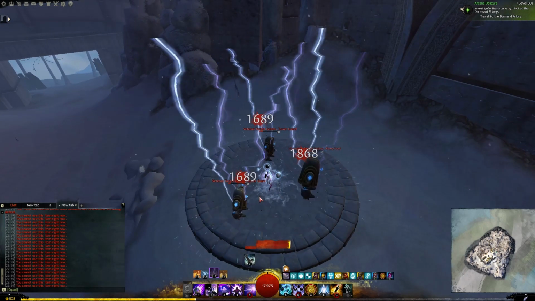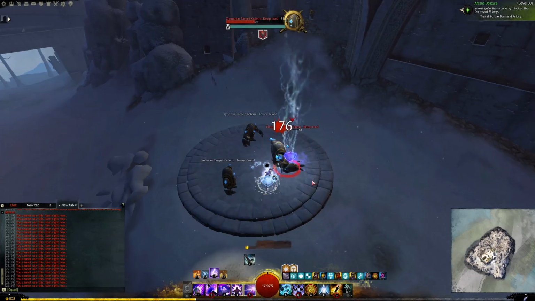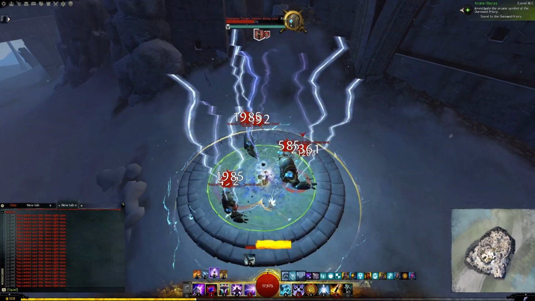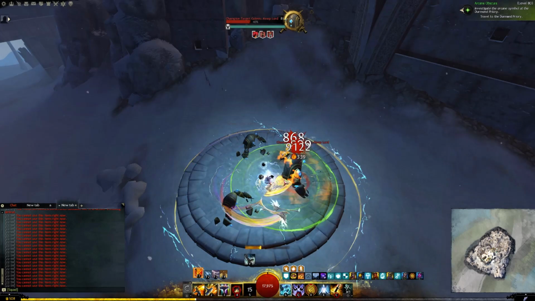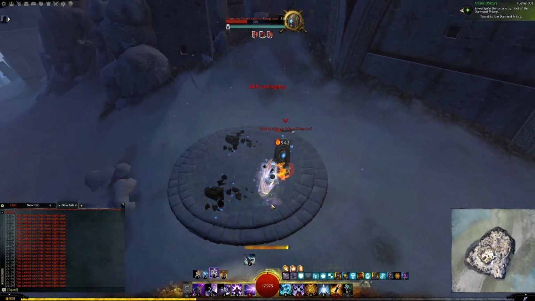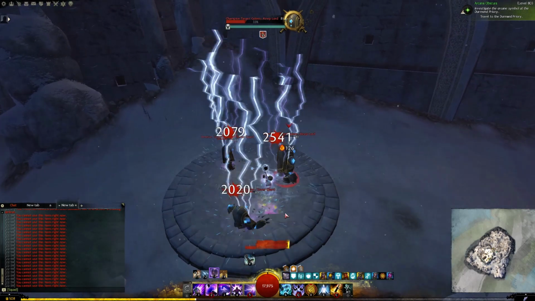Now I will do a full example. This is the full ideal rotation. We start skill 3, skill 2, we swap to fire, skill 5, skill 4, we swap immediately back to air, we have the overload, we overload again,